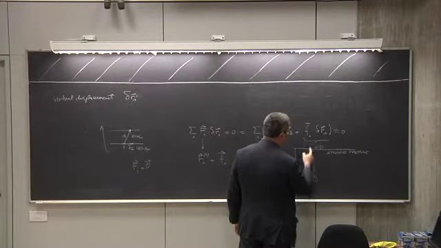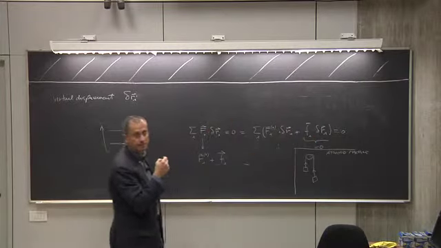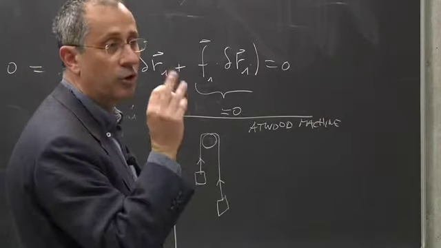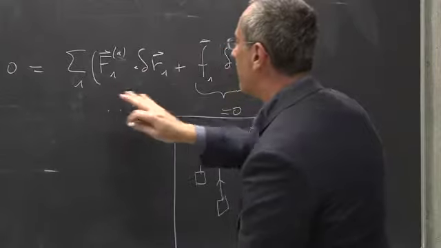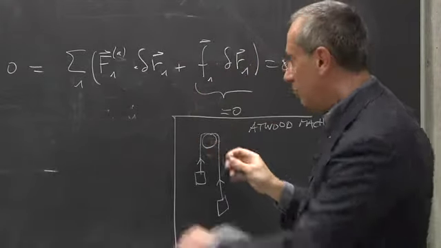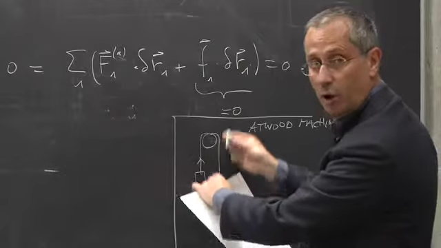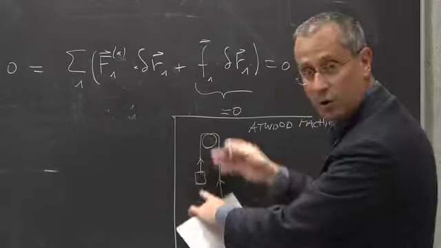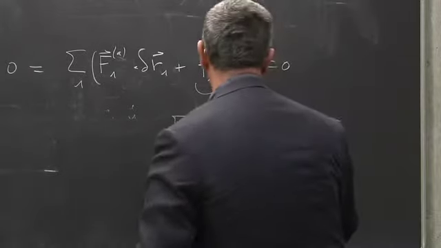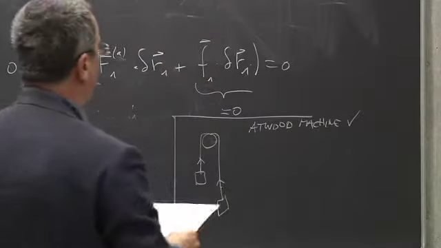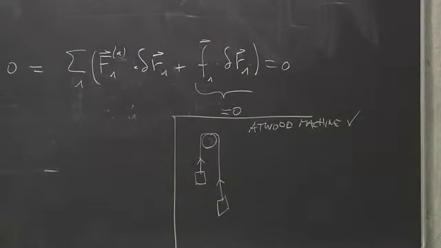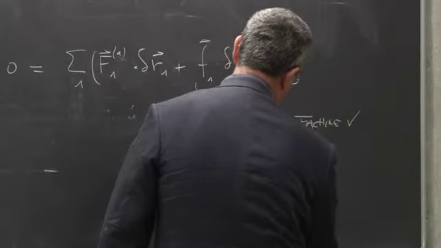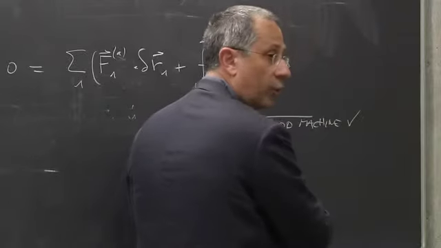Is this Atwood machine satisfying this condition? Think about it. Because I'm saying the net, the sum of this, must go to 0. And you see that they go in the opposite direction. So it's true that one is doing some work, but it's exactly compensated by the other. So that's okay. The Atwood machine can satisfy this condition. Of course, anytime the constraint is orthogonal, for instance, when I'm moving something on the plane,